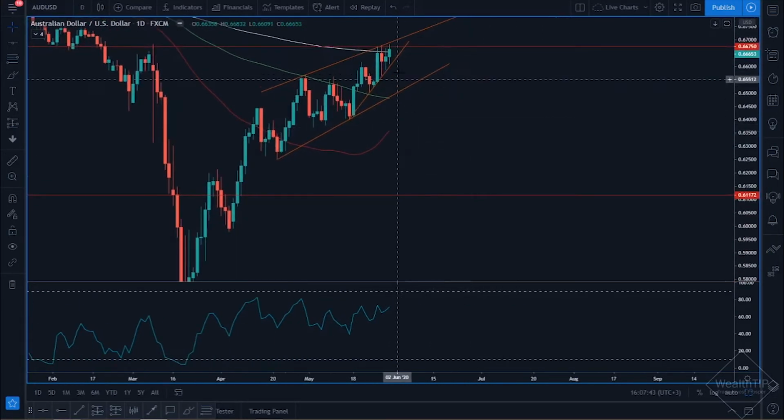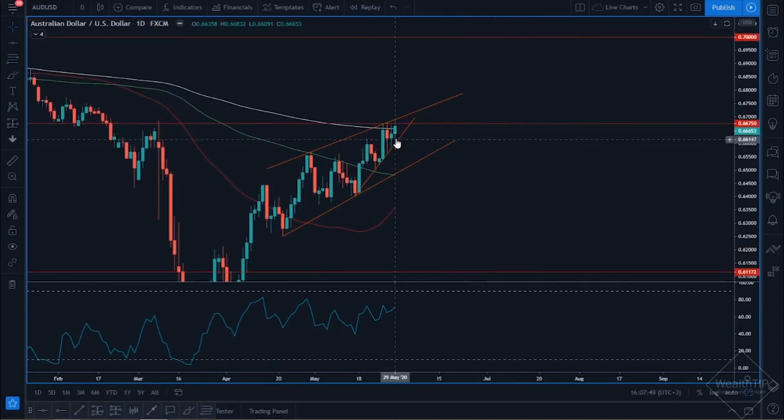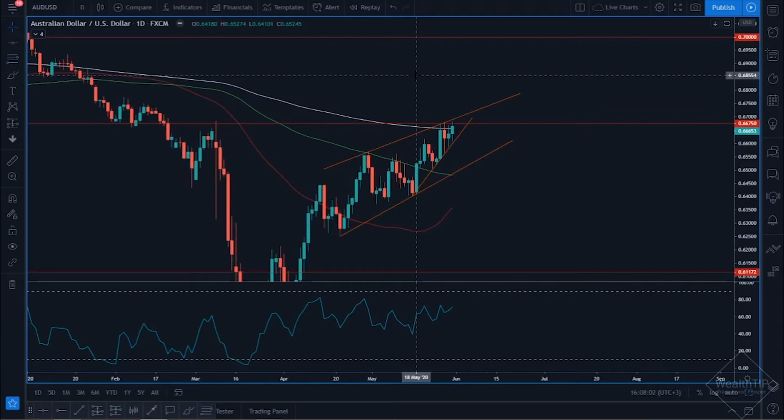So as it stands, I wouldn't be opposed to the fact that we could have a temporary pullback to eventually build enough momentum to break it. But I'm also not opposed to the idea of the market actually running very, very strongly through this level because it has happened before. Now, guys, bear in mind that this is just my opinion, but my bias on the Australian dollar, US dollar particularly, is actually bullish. So, with that being said, let's jump over to our next pair.